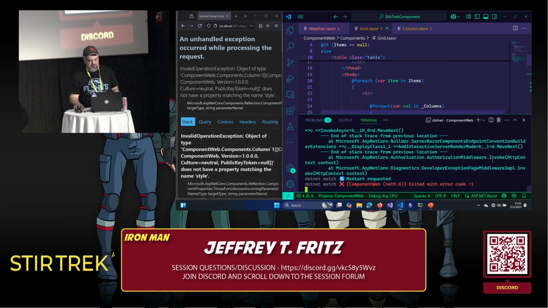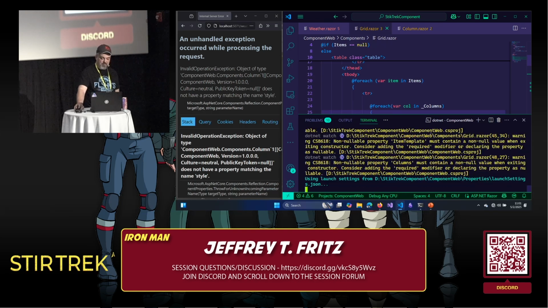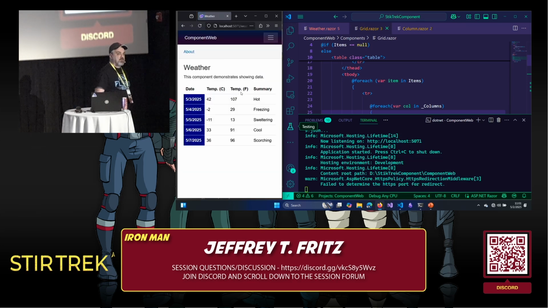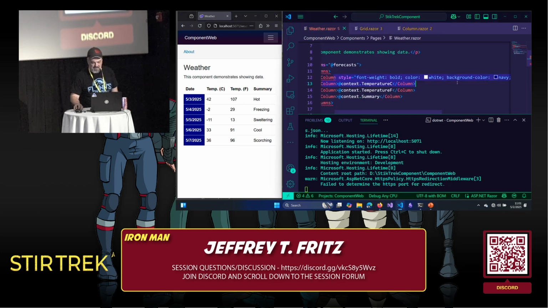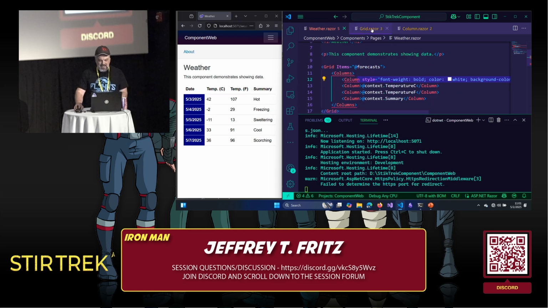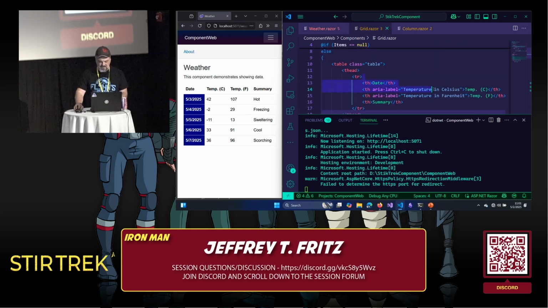Hot reload. Force the reload. Show me what you got. There it is. Close that, refresh, and I have my styles applied. Okay, so we did a little bit of attribute splatting there. That means that inside here, I can add a style to any of these, and it'll format and output that information. I'm still kind of constrained to this idea of this being a weather grid because I have these elements